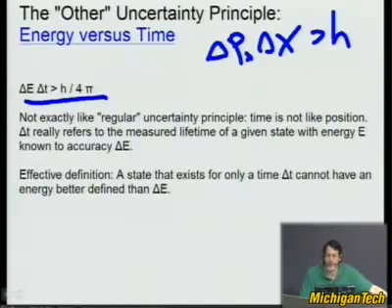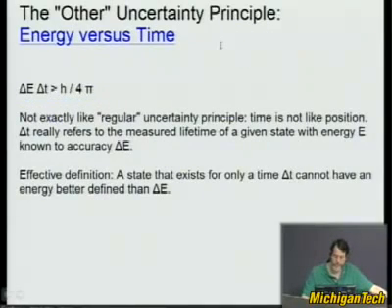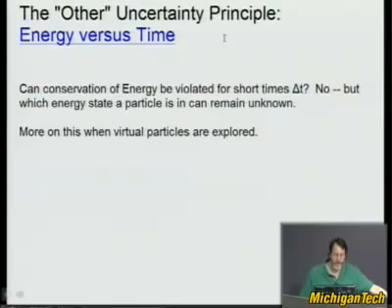And you should also be careful of the other uncertainty principle. You have to be very careful in defining what it is you don't know and what you can't predict to better than a certain amount. It's commonly said that the uncertainty principle can be violated for short times, delta t, and I think that's a misconception. The energy state of a particle can remain unknown, but we'll look at this in a lot more detail when we talk about virtual particles. Essentially, the uncertainty principle can't be beaten, even for very short times.